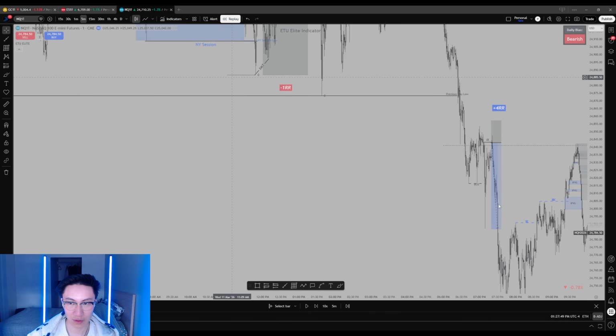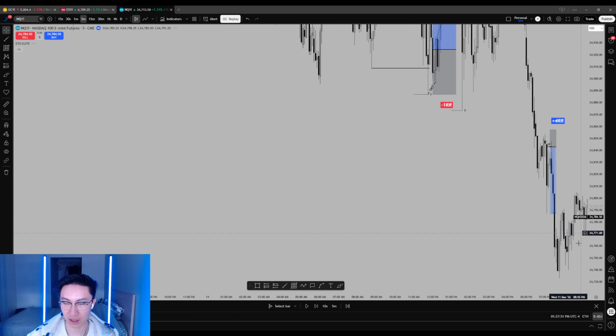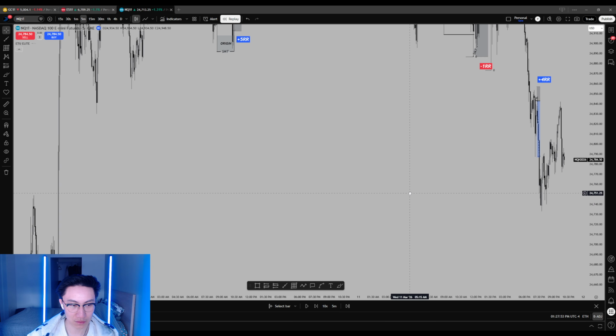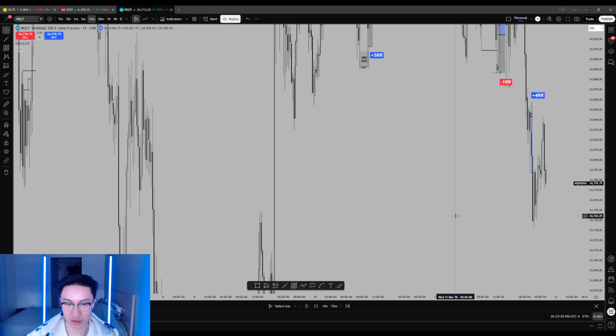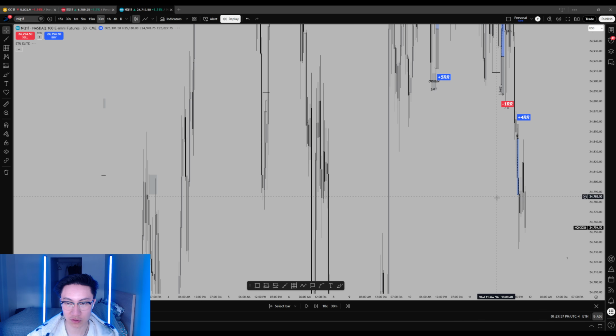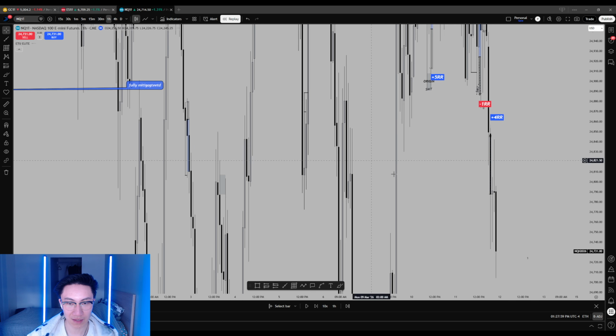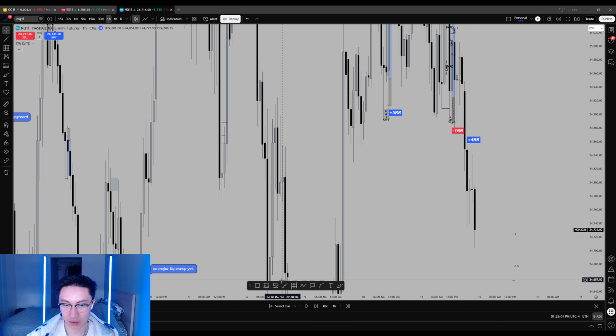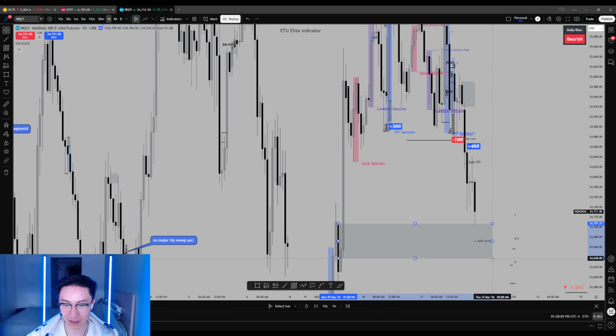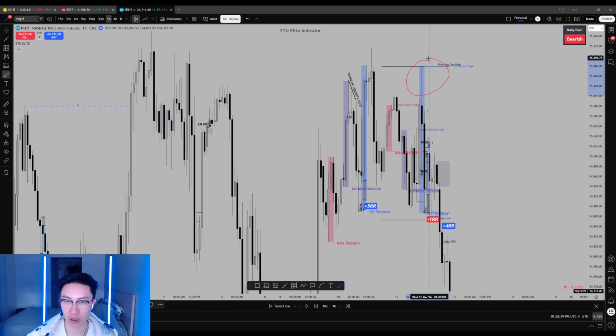Now, in terms of targets, what I could have done better maybe is targeting the gap here. So sometimes you want to switch time frames to see what makes the most realistic sense. Because when you have a big gap, yes, you want to target the gap, but keep in mind, I'm taking a stop hunter and I'm taking a setup that is very high up in the legs. For example, if I took the short all the way up here, I can easily hold for the full gap